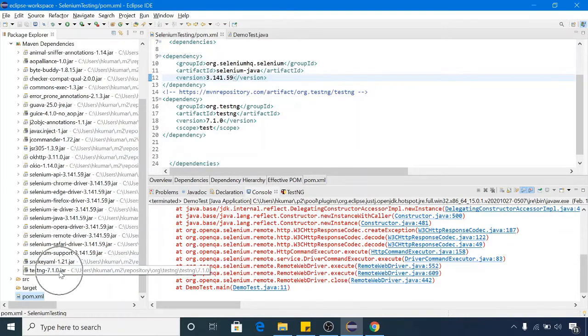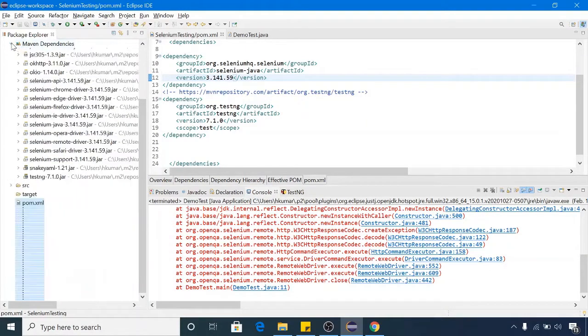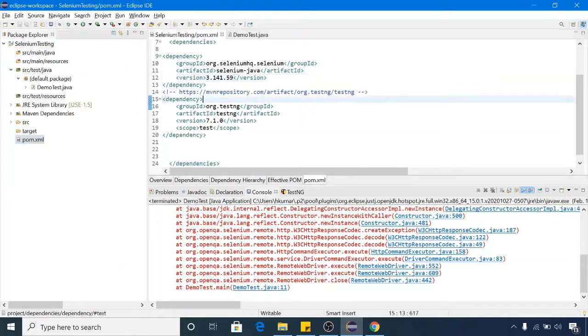Once you add the dependency for TestNG in pom.xml and run the Maven build, it will download the TestNG jar file here. Let me close this folder. Now we have successfully installed TestNG.